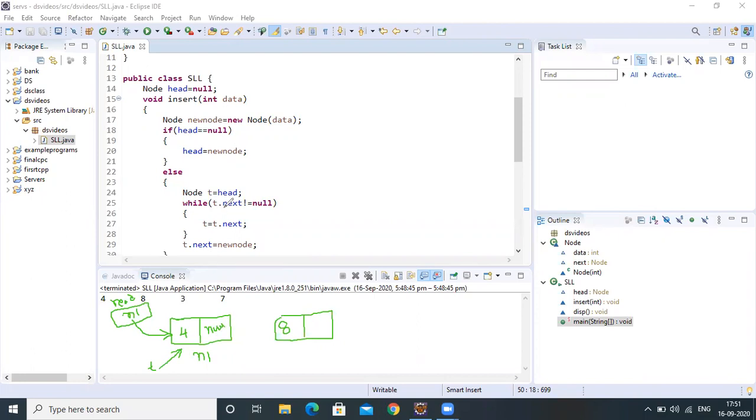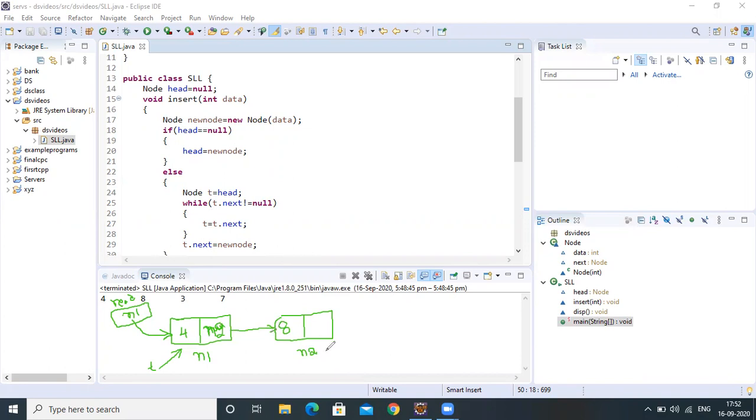So this while loop here itself, the condition is false, so the while loop will terminate. The statement will execute: t.next is equal to our new node. Assume this new node name is n2, then t.next will be n2. Okay, t.next is our new node.